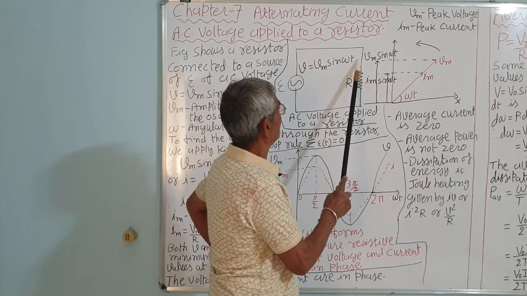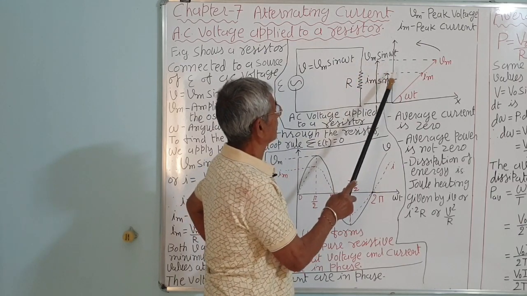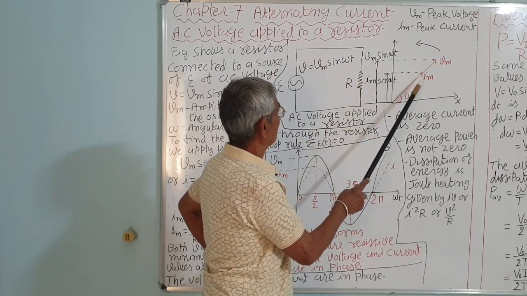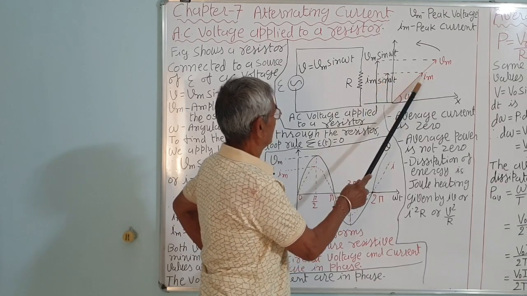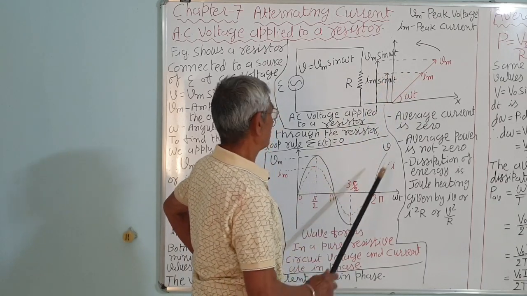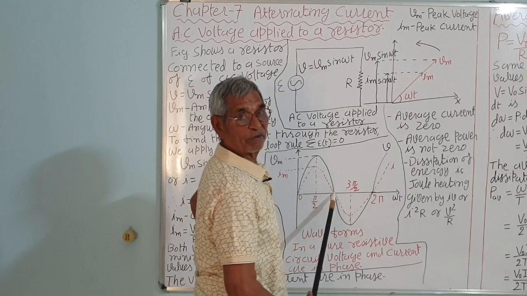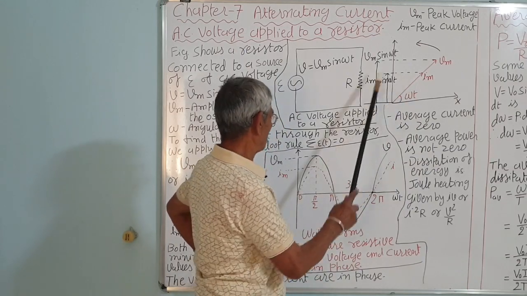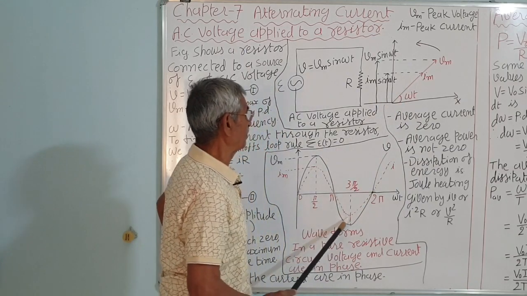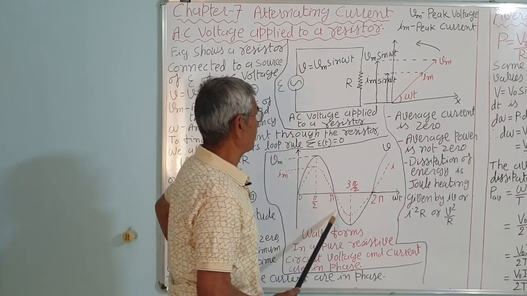This is V. V is equal to Vm sin omega t. This is a projection of this. When this rotates, you can see, correct? If you draw this figure side by side, you will get this curve from this. As it rotates, you will get this sinusoidal curve. This is called the sinusoidal waveform.